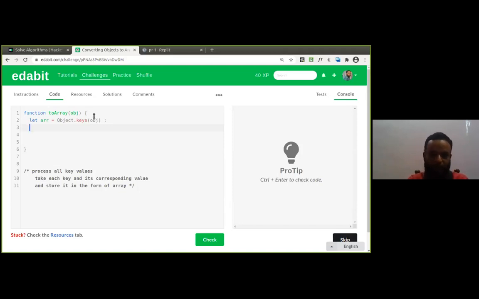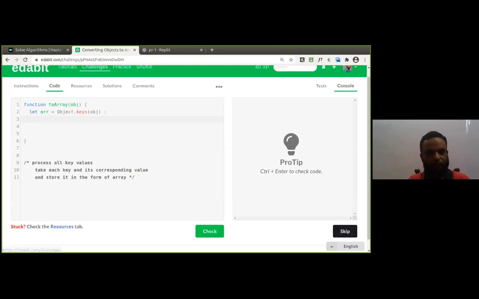Yeah, we have to take the object keys and values also, isn't it? Fine, Ashok. So we have to map. We are required to produce an array, so we need a resultant array. How are we going to get that array? Let's see here. Let results equal to, let's take array.map.